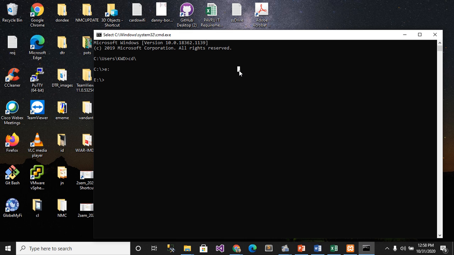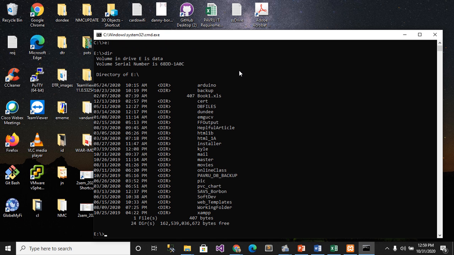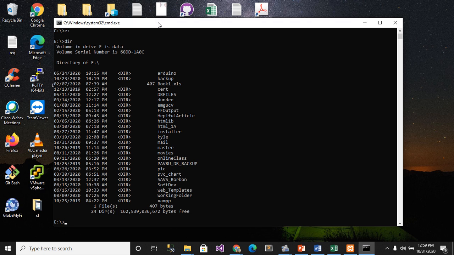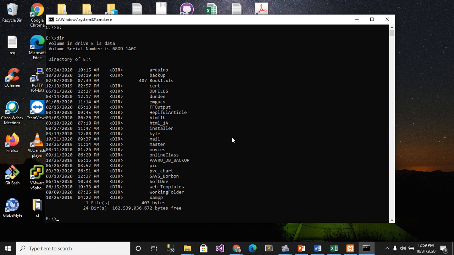Okay, so to list all the folders and files, I have to type dir or directory, and then hit enter. It will now list all the files and directories in my drive E. So this is what is inside my drive E. Now, since we are looking for the sum directory, take note,